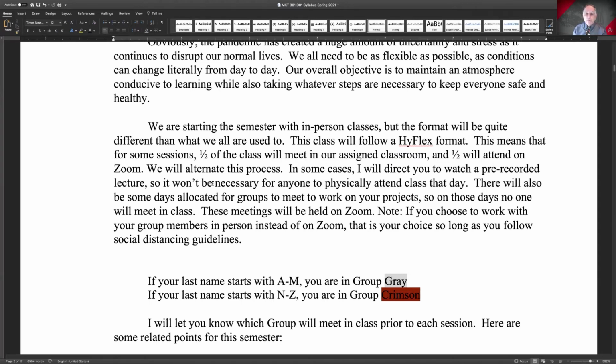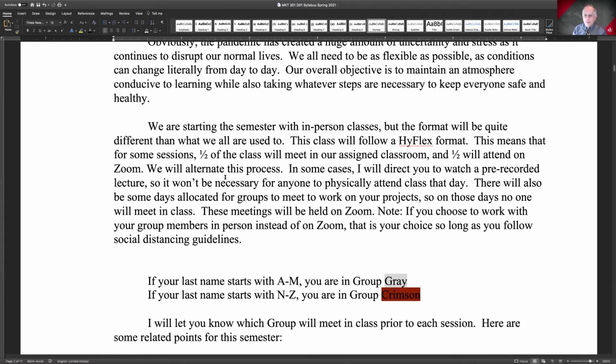We are going to be doing a fair amount of group work in here. I think you're going to enjoy that. When we're doing some significant group work, again, it's very difficult logistically to have some of the group in class and some of the group on Zoom. So on those days, everybody will be meeting on Zoom. And I will let you know when that's happening.